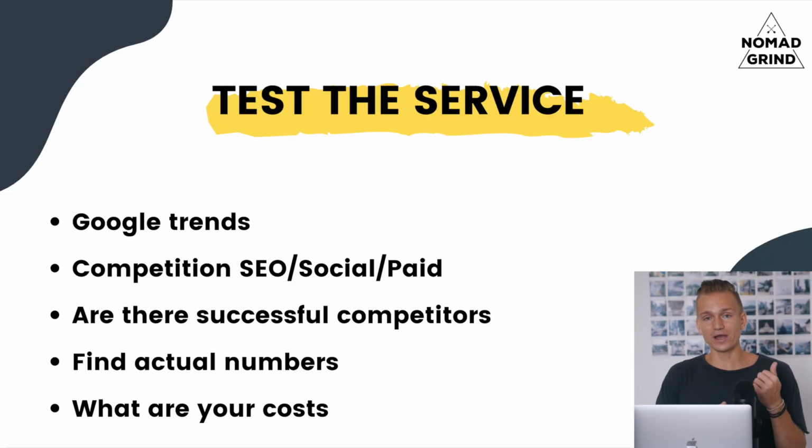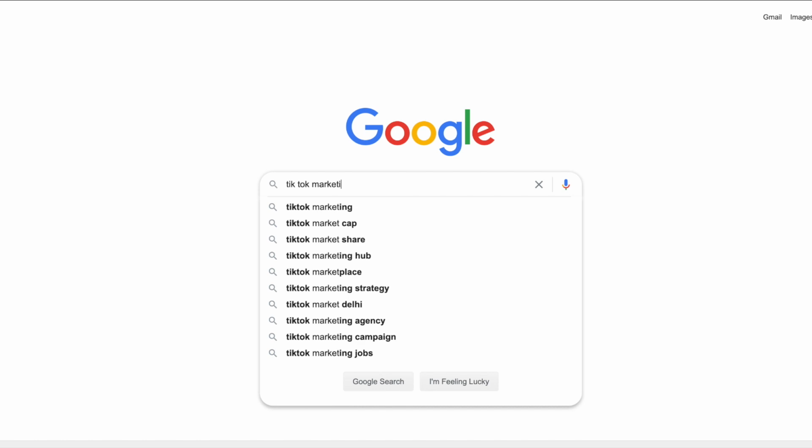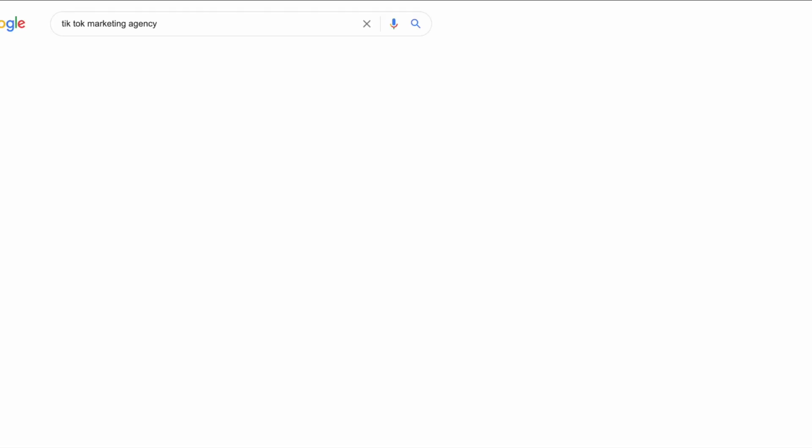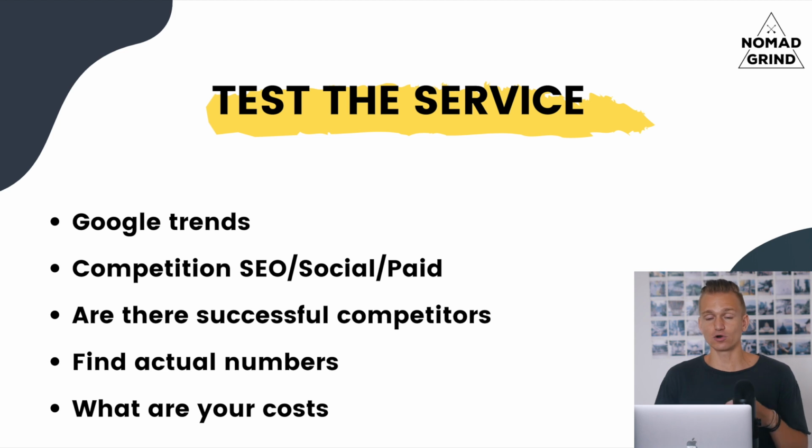And then go and see how competition is doing. So how much competition there is. So in terms of SEO, if you go to Google, how many different services are ranking there? Is there a lot of competition? Maybe you can compete with some of the companies. Again, what the action is like on social media, what the action is like on paid media, so how many different ads there are, and so on. So just to see how difficult it's going to be for you to compete with other